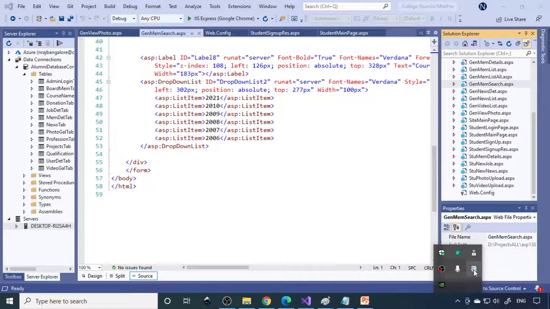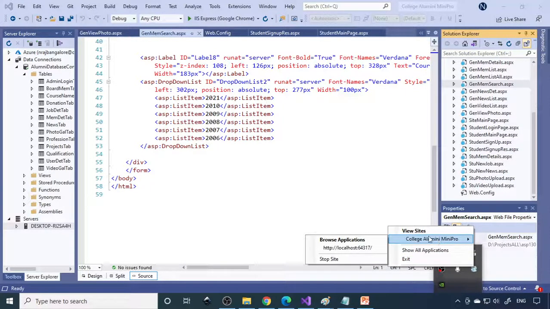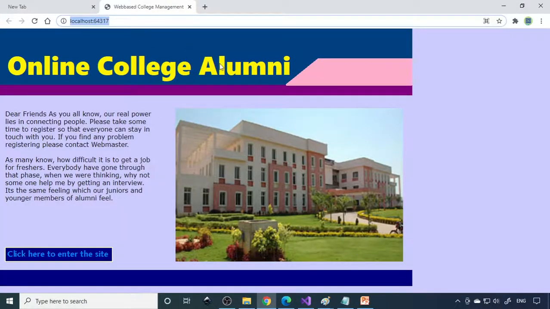So what I'll do is click on the IIS server. You need to right click. When you right click, you can see which other sites are running. Here, presently one site is running. So you can click on this HTTP localhost, this port number. Then it will show the website. Presently this is how we designed it. When you're doing it, you can design whatever way you want.